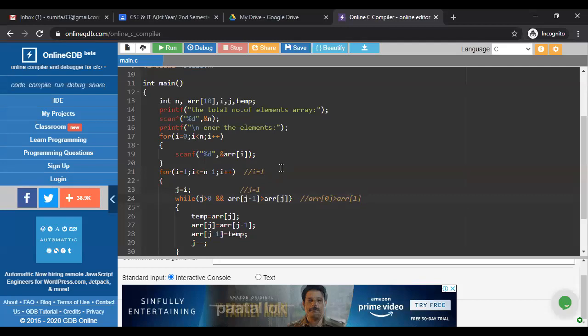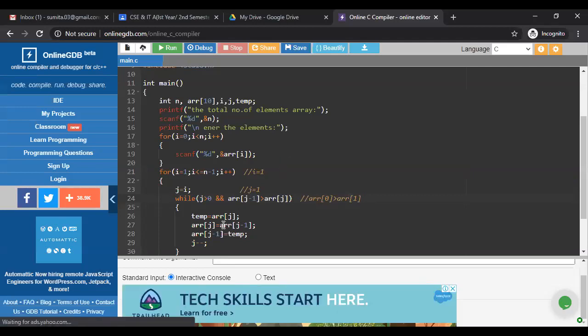In the case of 44 and 77, we already discussed that as 44 is less than 77, no comparison takes place. So we have to write this in our programming code also. If ARR 0 is not greater than ARR 1, then no comparison is happening. So the compiler doesn't enter into that part.